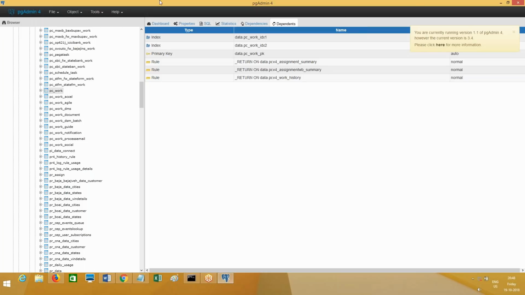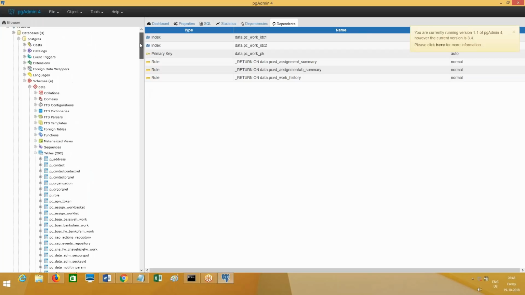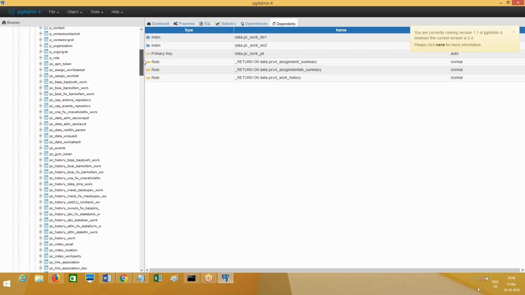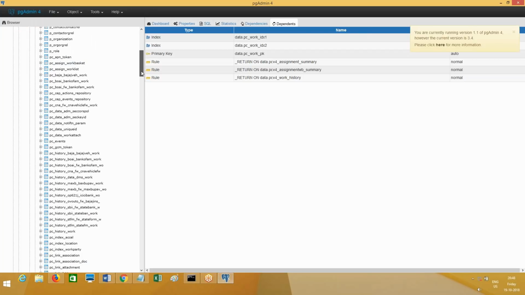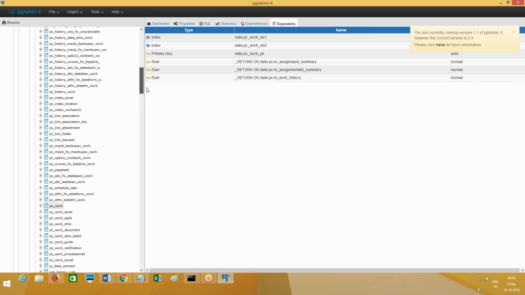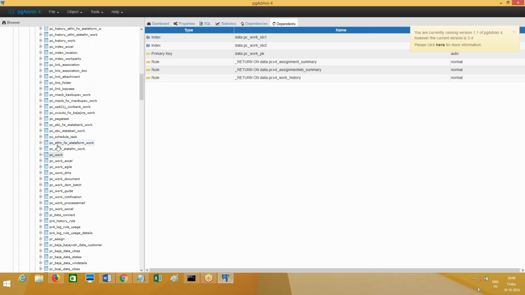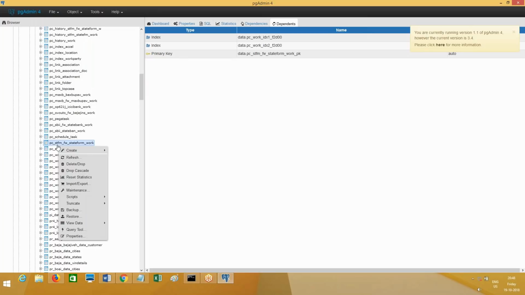Now, in our application, work objects are getting stored into PC_ what is that? It will start with S, right? PC_STATEFORM_. This is the table. View data, top 100 rows. Let me write it down.